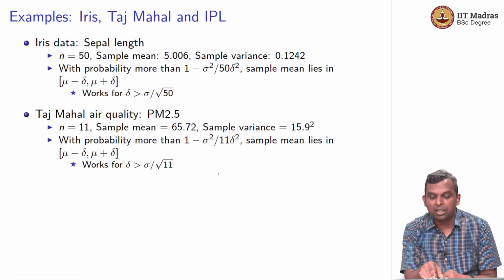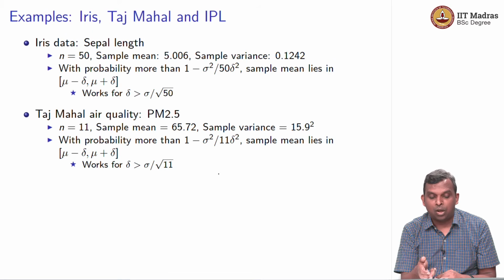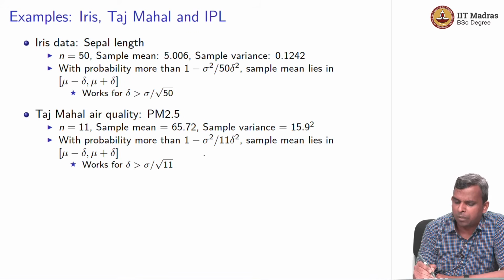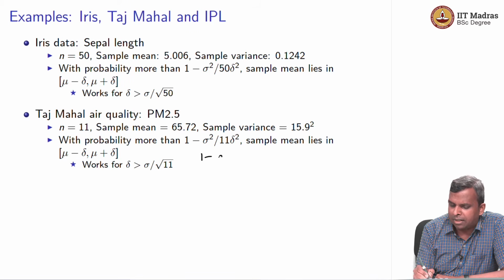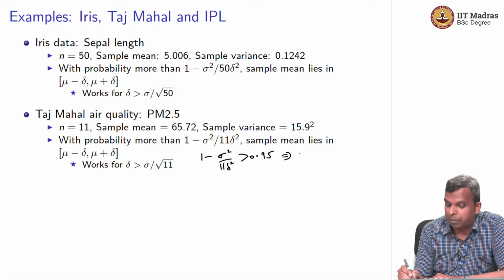So supposing I want to make this probability 0.95. Let me just do this calculation for you. Supposing 1 minus sigma squared by 11 delta squared has to be greater than 0.95. So this is more than 95% confidence that you will be within that delta region, right? So this implies, moving to this side and that side, 0.05 times 11 divided by sigma squared has to be greater than